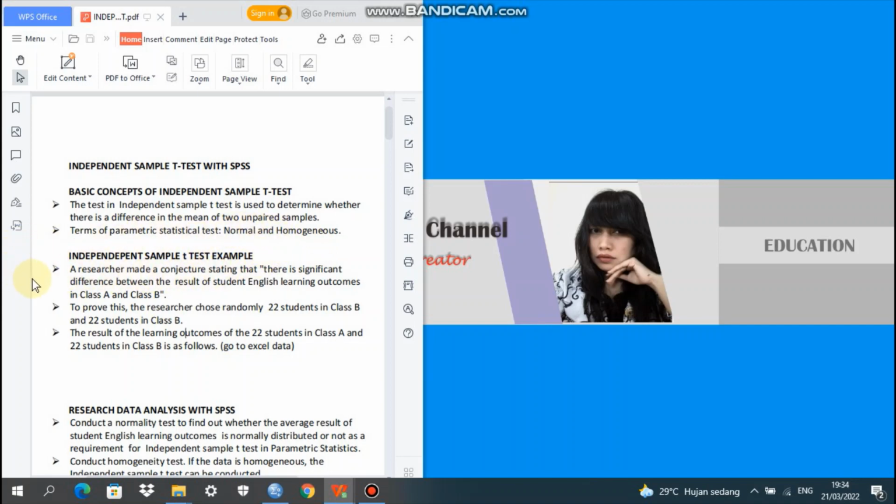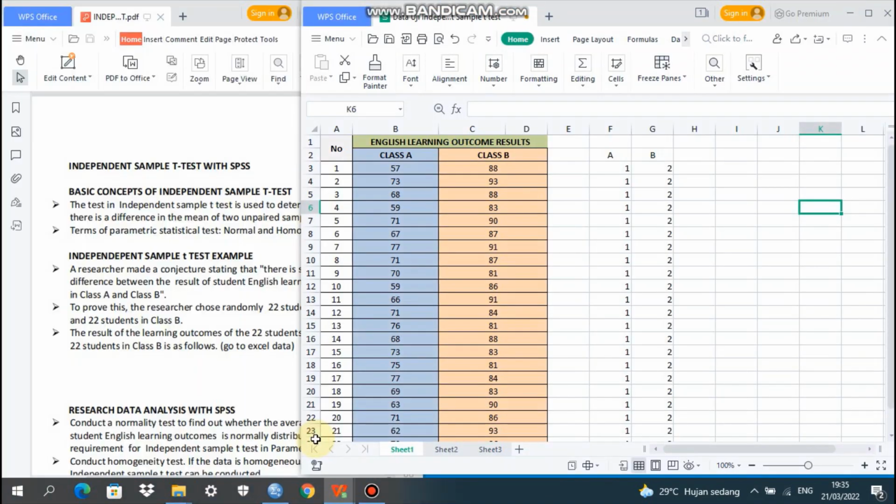Researchers made a conjecture stating that there is a significant difference between the results of student English learning outcomes in Class A and Class B. To prove this, the researchers randomly chose 22 students in Class A and 22 students in Class B. The result of learning outcomes of the students in Class A and Class B is as follows. So we can go to Excel.